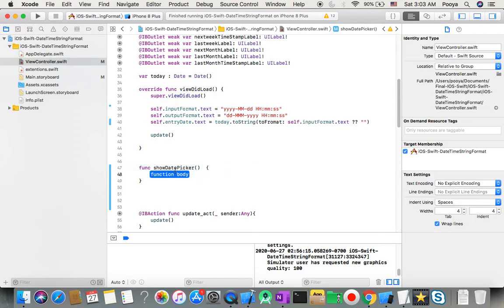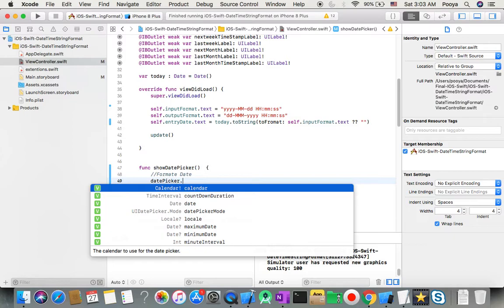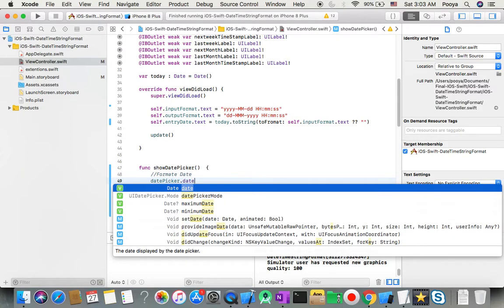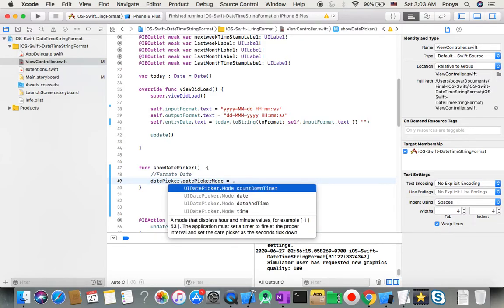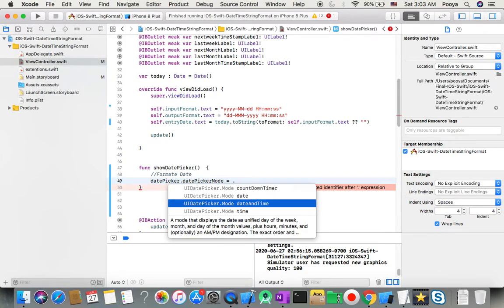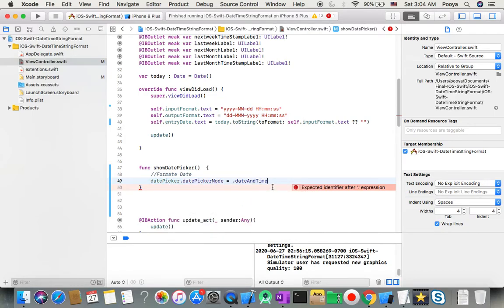first of all, we're going to format the date. We just say our datePicker.datePickerMode equals, and this one is going to get one enumeration, which has these options: count down timer, only date, and time. You can read all the details here. So I'll choose date and time, and